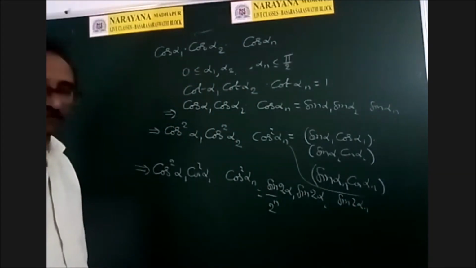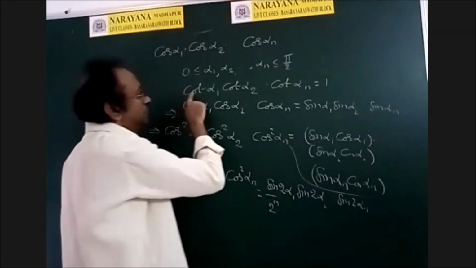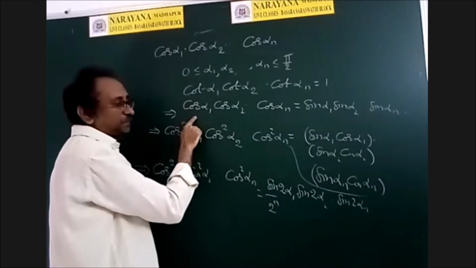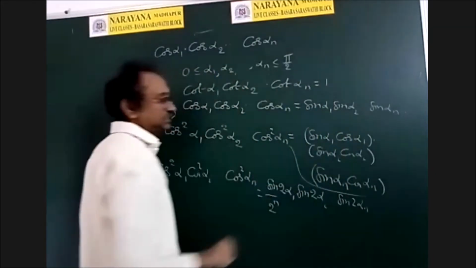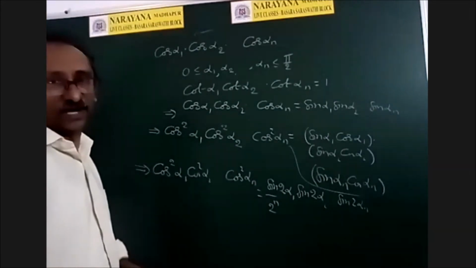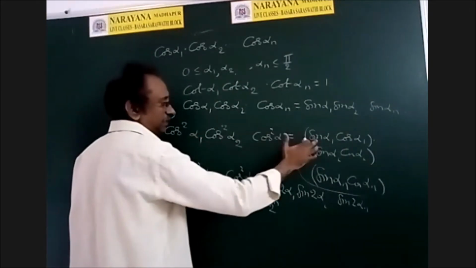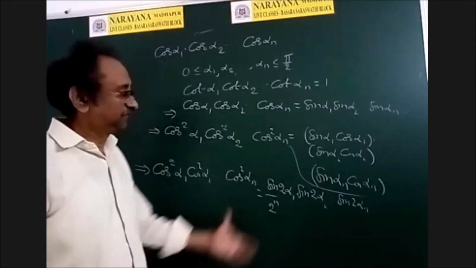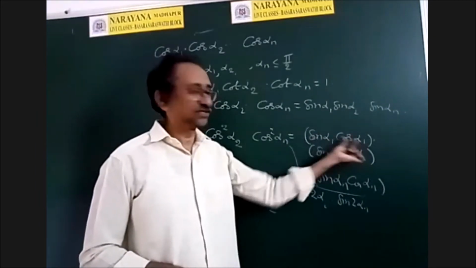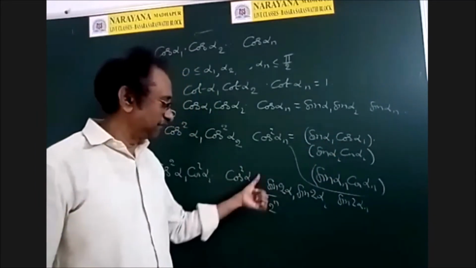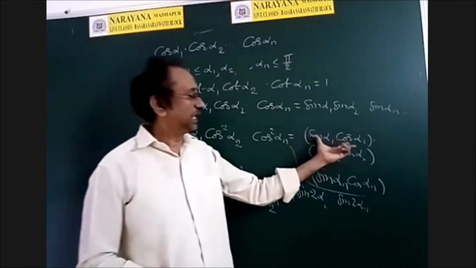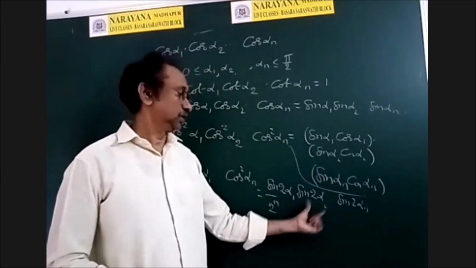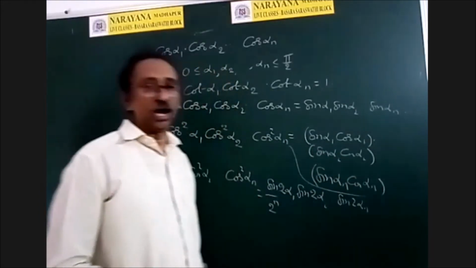Right, see. So only one step left. See once again what we have done. So consider this equation. Cos by sin, we can write cot as cos by sin. So by cross multiplication, all sin terms go to the right hand side. So multiply left hand side and right hand side with cos alpha 1, cos alpha 2, so on, cos alpha n. Therefore here the right hand side becomes sin x cos x terms. So multiplying and dividing with 2 power n, with one 2, I can write this as sin 2 alpha 1. With another 2, I can write this as sin 2 alpha 2. So with another 2, this is sin 2 alpha n.